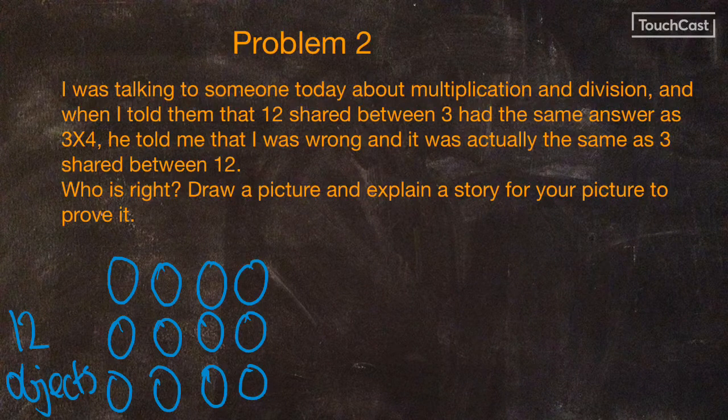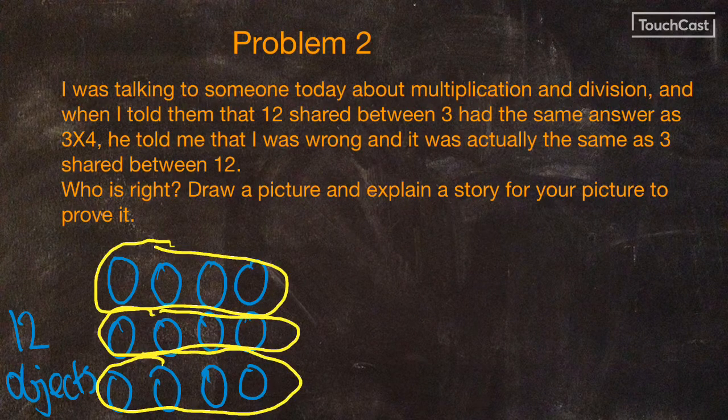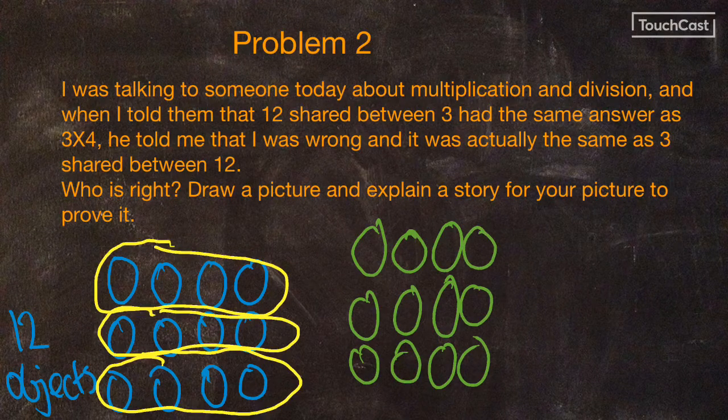So this was the first thing that I said, 12 shared between 3. So here's your 12 objects. You could have shared them between 3 and gone, well, there's 4 in each group there. But then when we look at doing 3 times 4, we can actually see that even though there's the same number of objects, because the situation is different, the answer is going to be different. So 3 times 4 here